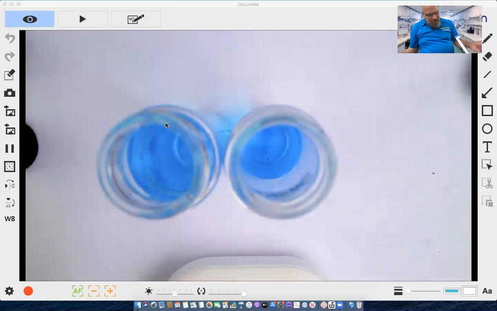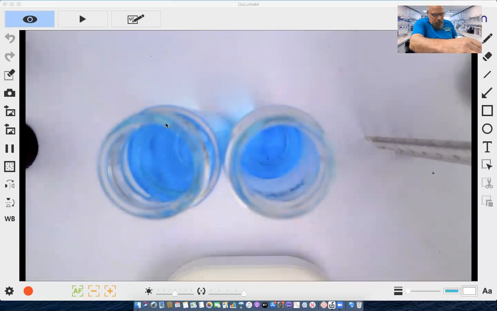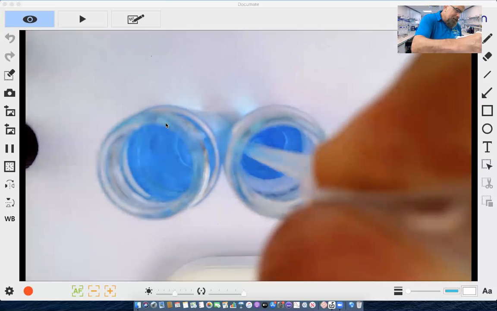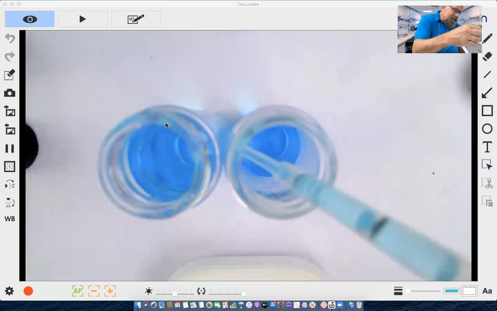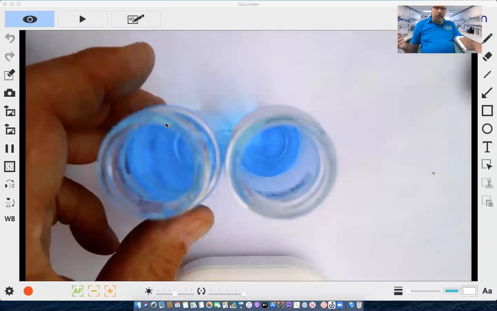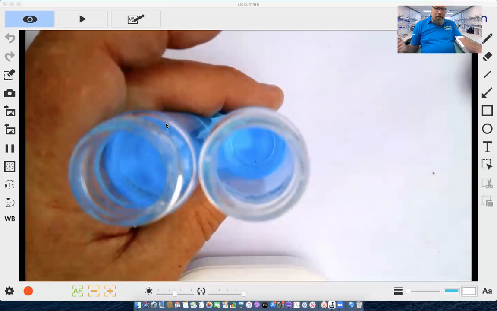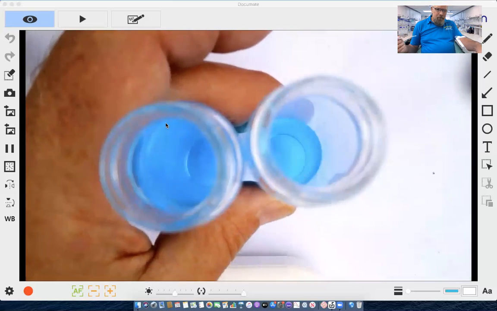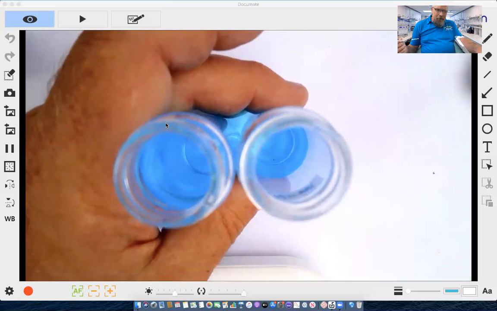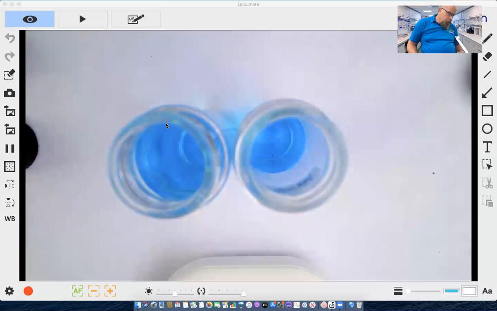And I continue until I say, they look like they're about the same appearance. I have a pretty close situation where they're almost the same intensity and color. When I am satisfied that the color intensity of the unknown, which has lesser molecules per volume, but a greater depth that it's passing through, is absorbing the same amount of light as the one that has a higher concentration but less depth. Okay. Then at that stage, I would say, okay, now they have the equivalent amount of particles per the depth of